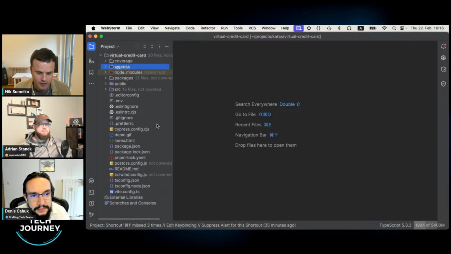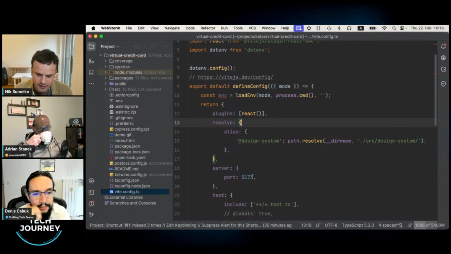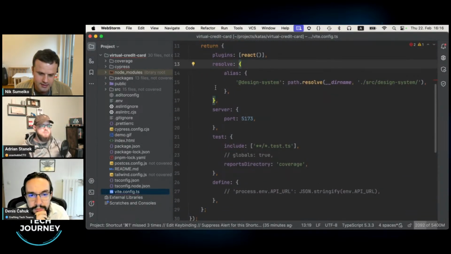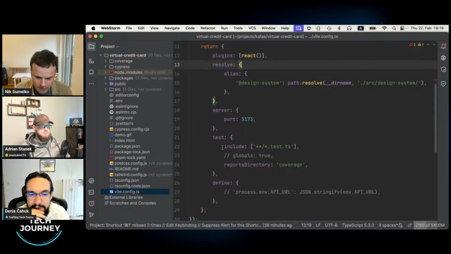Perfect question. All right, so my setup is I'm using TypeScript all over the code base. You have to see my IDE now open. And for a bundler, I'm using Vite. That's a default setup. I add some aliases here, but in general, it's just copied from their documentation. For unit testing, I'm using Vitest, and it's my favorite choice as well.